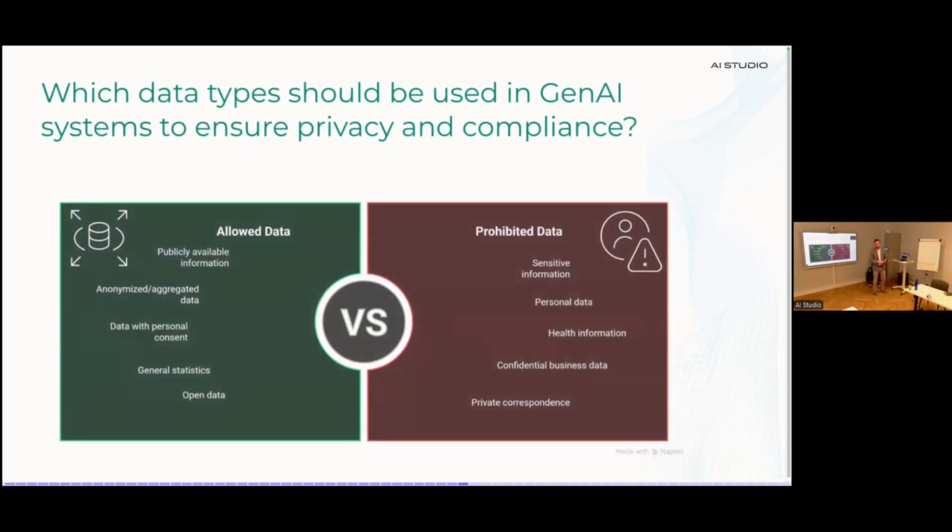So, yeah, don't put in private correspondence, confidential business data, health information, sensitive information. What you can do is put in publicly available information, anonymized data. Actually, people are also talking about how with AI it's kind of possible in some ways to re-analyze the data. So that's a field that I will also look into in future. What are the data that you have consented to give